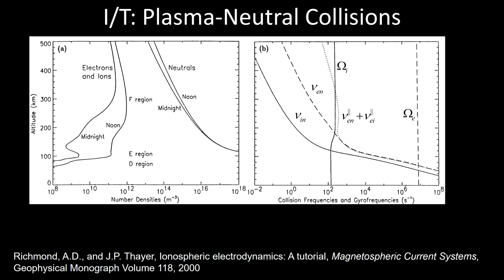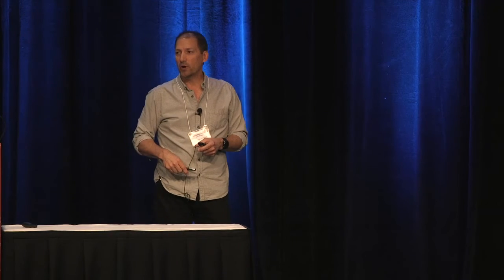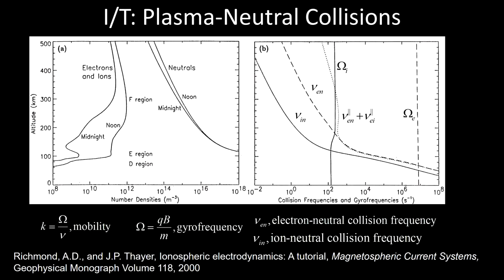As I mentioned, the collision frequencies are key in the coupling between the plasma and neutrals, and of course, I'll focus largely on the ion-neutral collision frequency and the electron-neutral collision frequency, and the relationship they have to the gyro frequencies. I've also had the pleasure of working with Art for many years, and it was a pleasure to work with Art on this paper where we went back and did some ionospheric electrodynamics where we included some of the Poynting flux discussions at the time that we were having. But this is from that paper, and we describe here again the neutral gas and the variations you can have with the electron density, which is important, but also the collision frequency, and then the relative gyro frequencies,